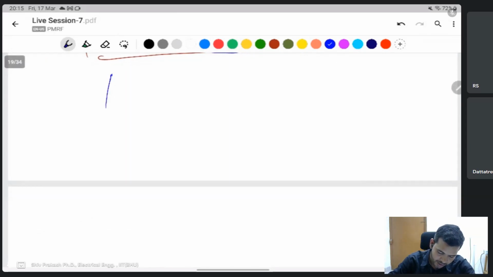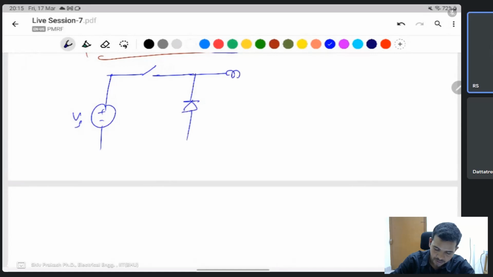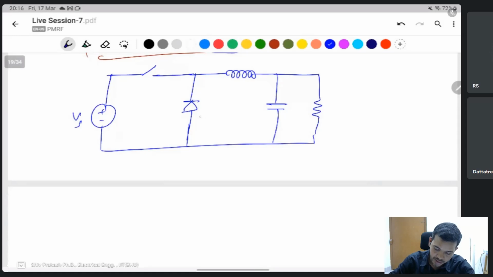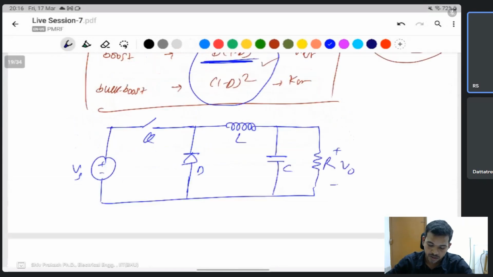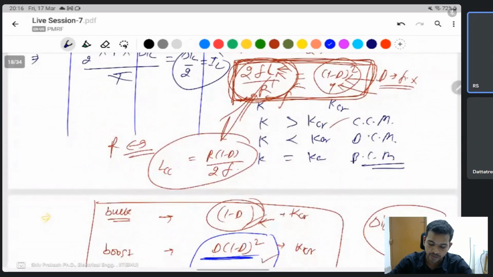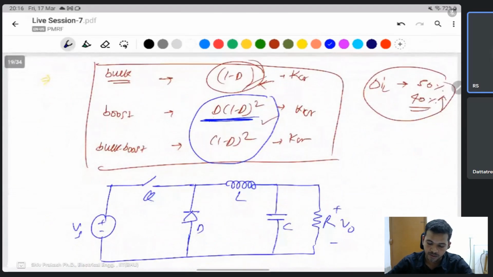Like this, if you take a buck converter, say, then take discontinuous conduction. Take V naught, and this one Q. Sir, you are talking about changing this Q frequency, this operating frequency. Sir, if the output is at light load, if you increase the frequency,